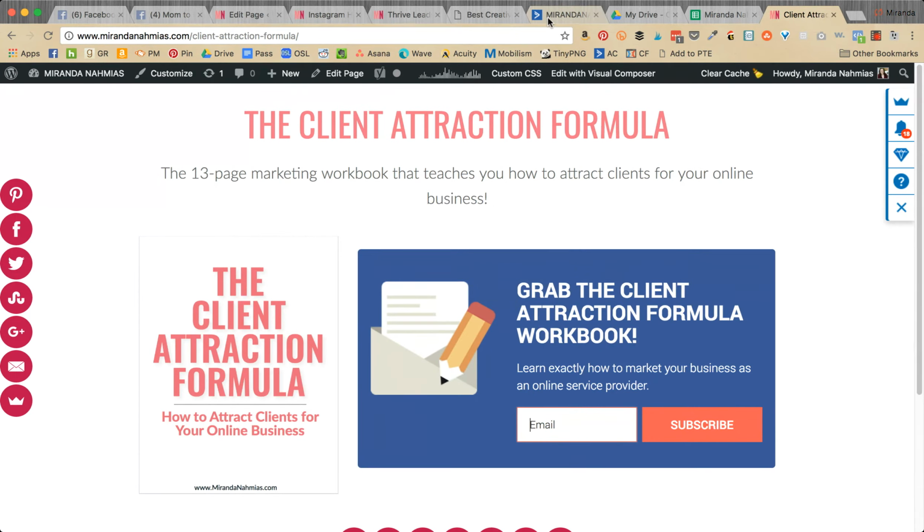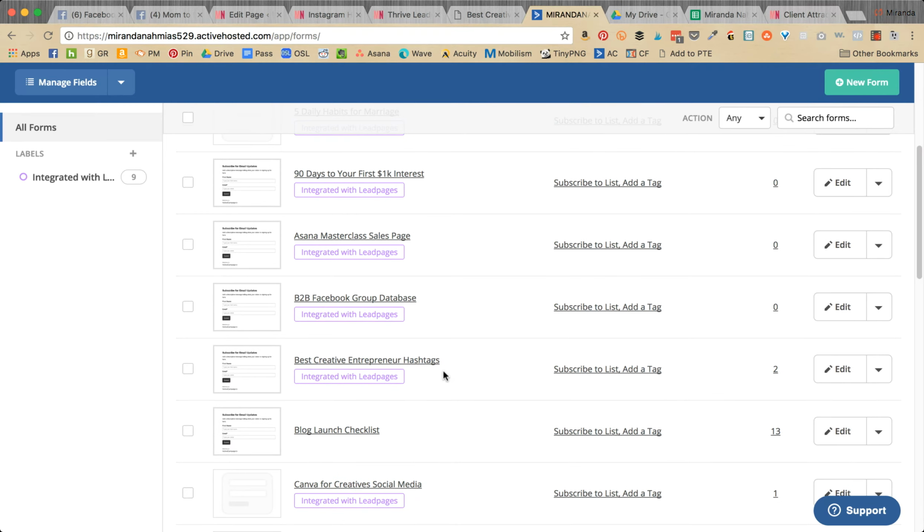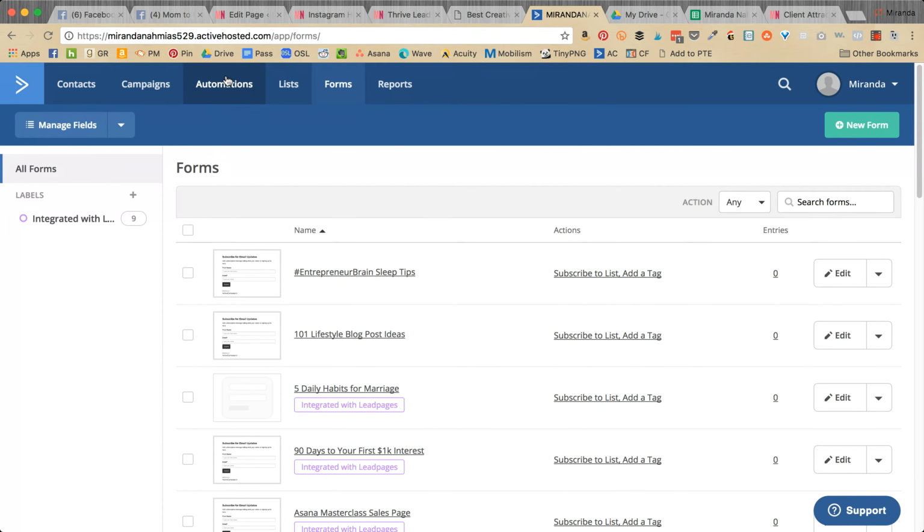The only other thing I want to go over, just in case, is how you would set up ActiveCampaign. How we just did it with the Instagram hashtags is that they get put through this form, best creative entrepreneur hashtags. It subscribes to the everybody list, and it adds the tag best creative entrepreneur hashtags. But what we need to do next is actually deliver the freebie, which was previously done through either ConvertKit or Lead Pages, but is now not happening at all. So what I need to do is,